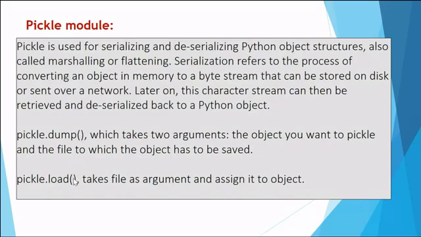Okay, we are going to use two methods of pickle, dump and load. Dump is going to take from us the object that we want to store and the file object. Two arguments it will have: what you want to store and where you want to store. And load will take as an argument a file from which you want to read, and return the object into a variable. Let us see how.